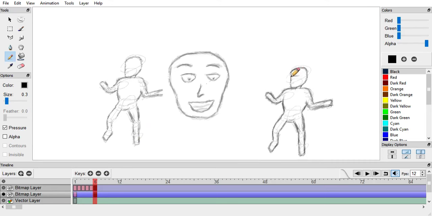Otherwise, if I make too big of a mistake, I can end up making the guy too big and stuff, right? I don't want to do huge changes in him. I want to do small little changes at a time, and I want the guy to stay relatively the same size and shape. So the thing over here is just my reference drawing. That was what the original looked like, and at the end of animating him, I got to make sure that he's not too far off.